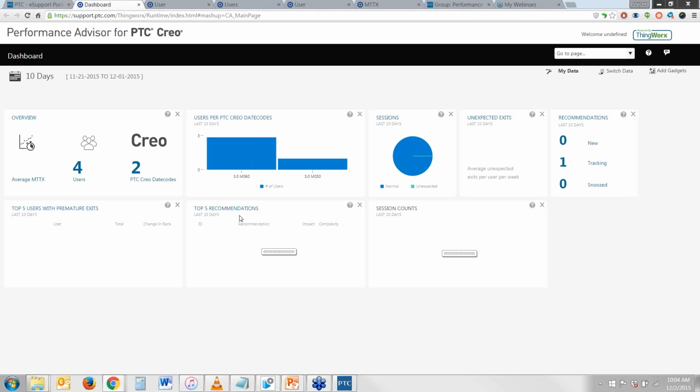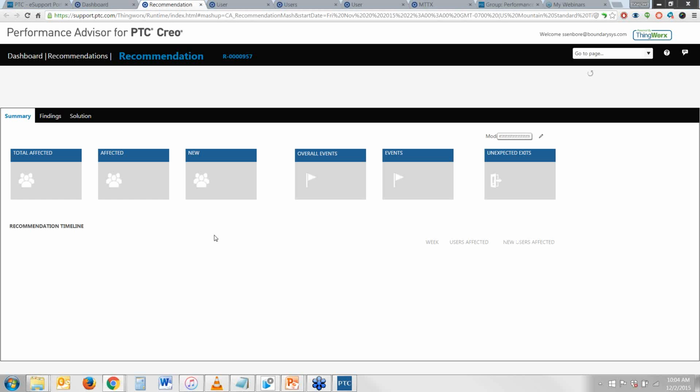gadget pops up here in a second. Okay, there we go. And so what this does is it takes a look at some of those exits and/or abnormal exits that your users are having, and it also then searches the PTC knowledge base and sees if it can determine a fix for that particular issue. And so, for example, if I click on that particular recommendation,